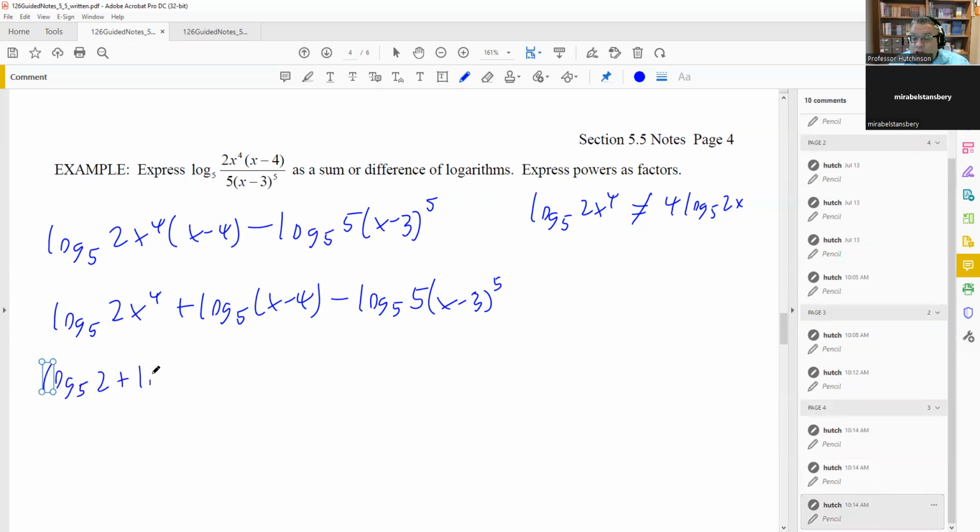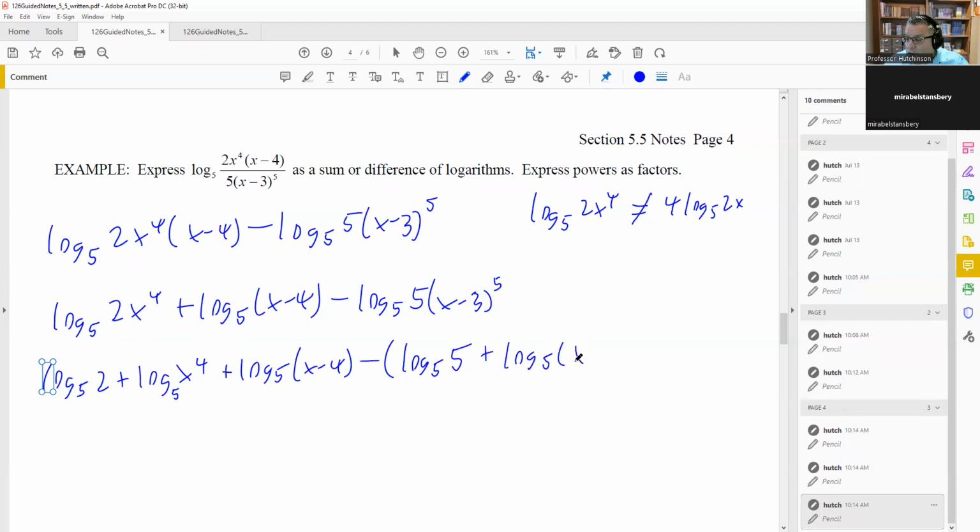What we're going to do is we're actually going to do one more separation step. And we're going to separate that into, because these are like two different terms multiplied together. So we're going to do 2 times x to the 4th. So you're going to do log base 5 of 2 plus log base 5 of x to the 4th. Now this one is still okay. Now we're going to do the same thing with this. The 5 actually counts as something additional that we're multiplying. So what I'm going to do is in the parentheses here, I'm going to go ahead and separate this